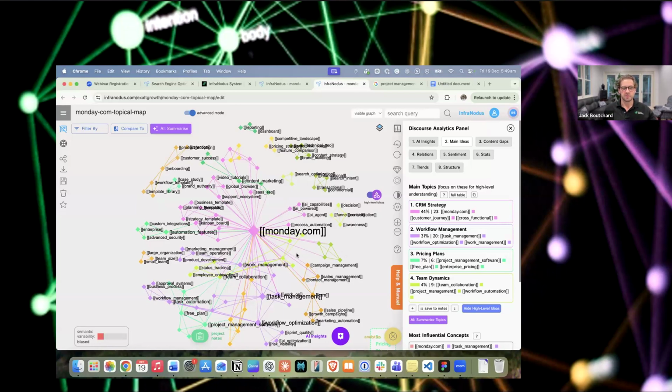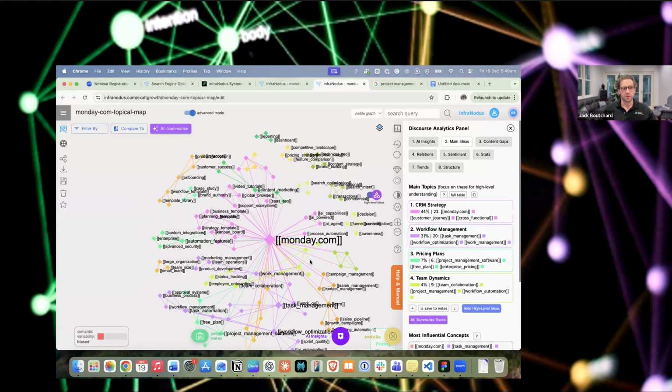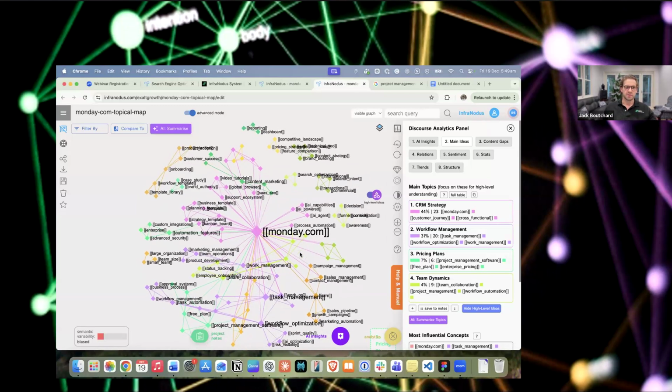So it gives that blueprint. The only real comparison I can think of in terms of how else you could do this is, for those of you that use SEMrush, the topical graph feature that they have now. This is just a far superior version of that, in the sense that you're actually getting almost the understanding of how